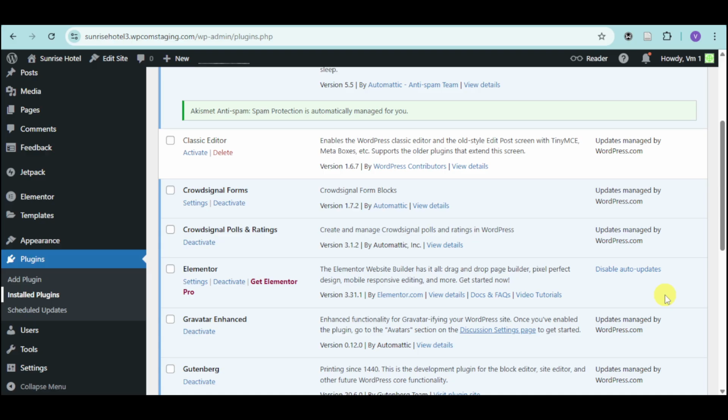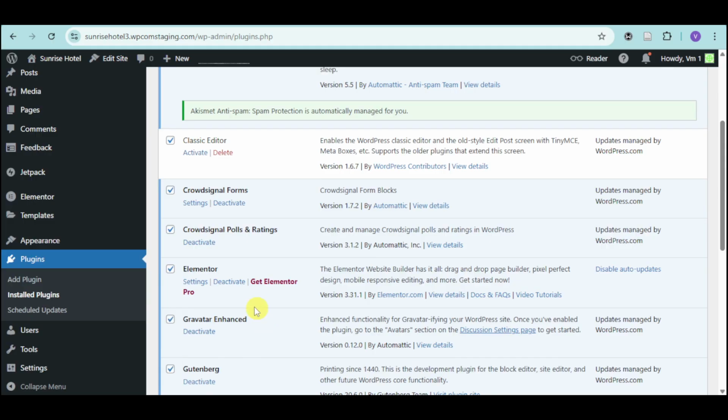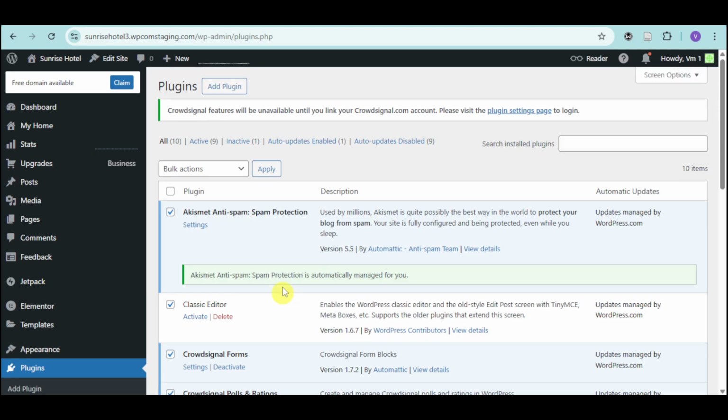Now in here, the next thing you need to do is check for plugin and theme conflicts. So make sure to deactivate all of the plugins. For example, let's select this button right here in order to select everything and uncheck Elementor. And then let's deactivate them. Click onto this bulk options and then click onto this deactivate and click on apply. Now, if it actually fixes the Elementor editor, that must mean that one of the plugins is actually causing the